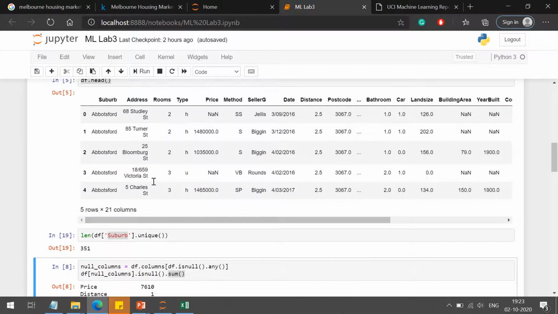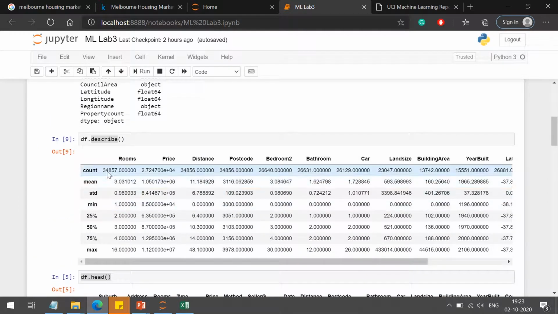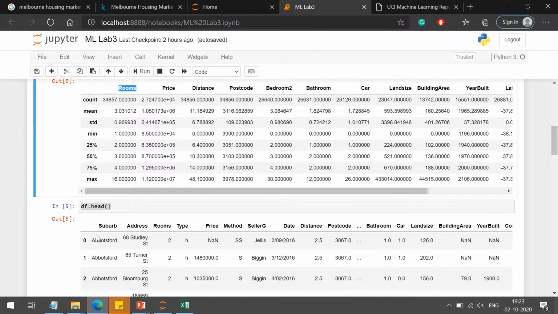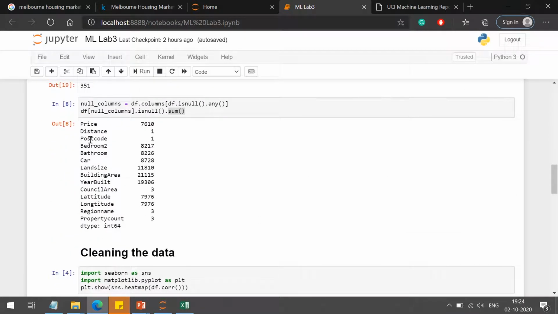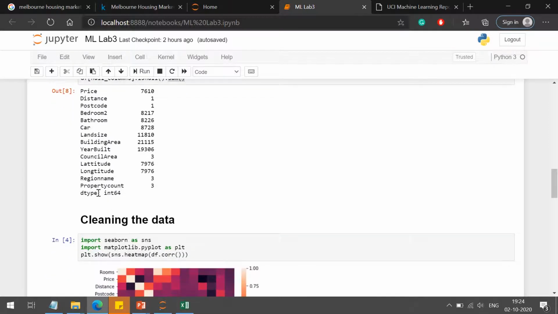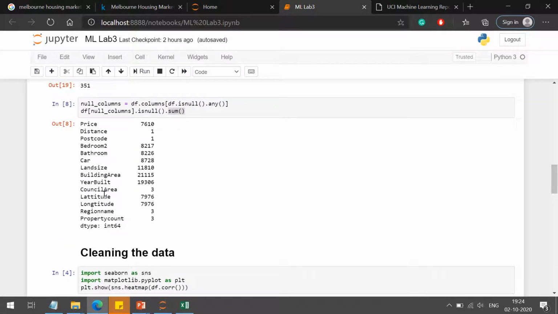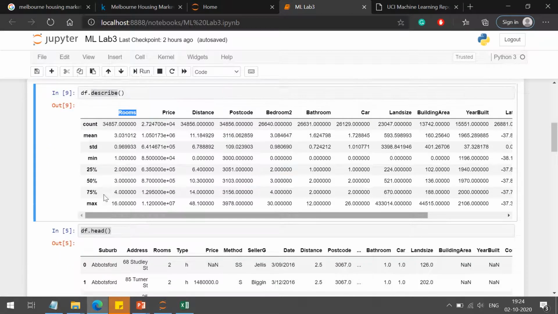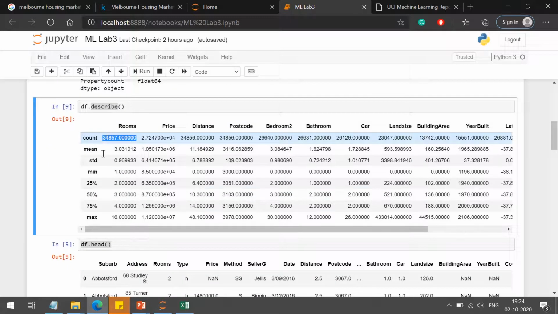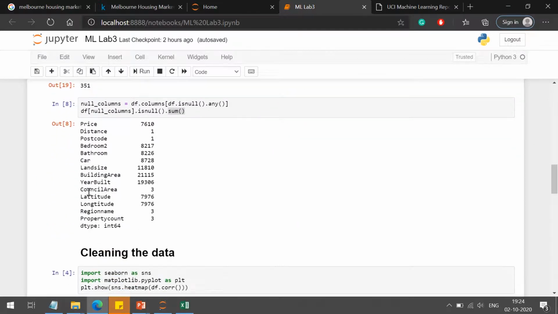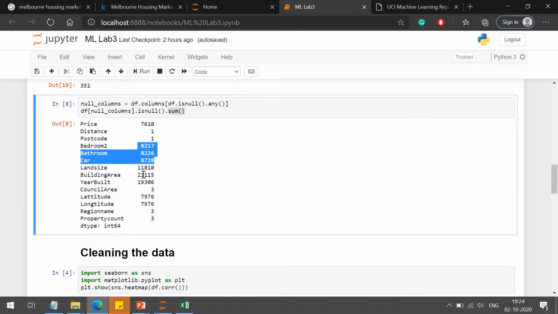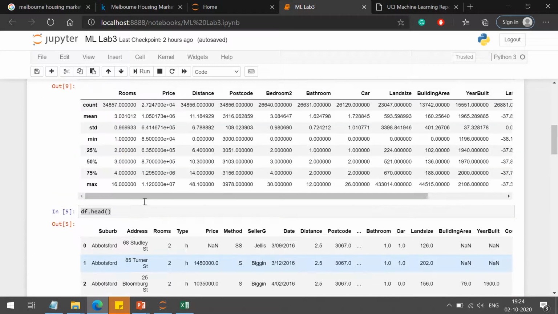Now there are a total of how many rows? For rooms, how many nulls are there? For rooms, we don't have nulls. There are a total of 34,000 tuples, and if you remove near about 8,000 tuples from that, there will be a significant loss.